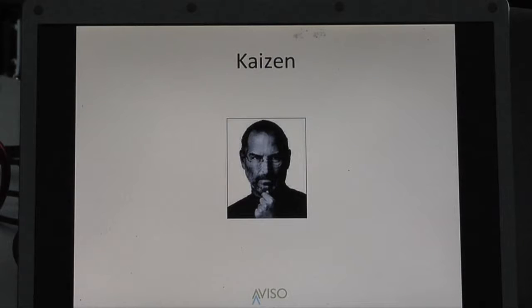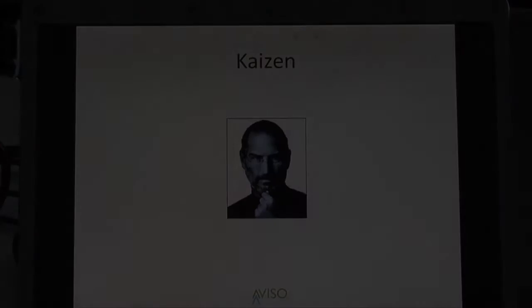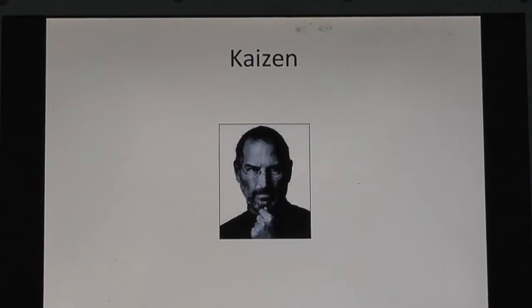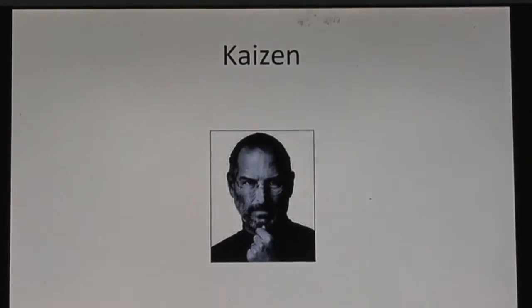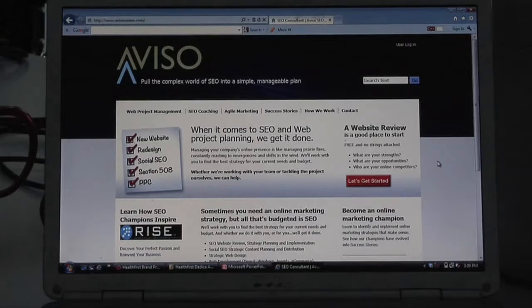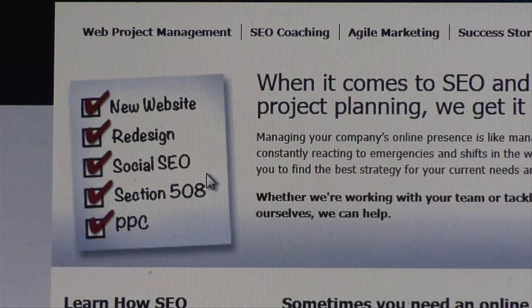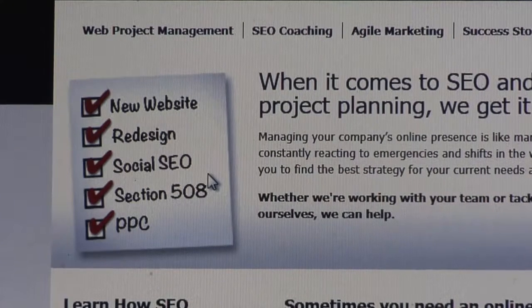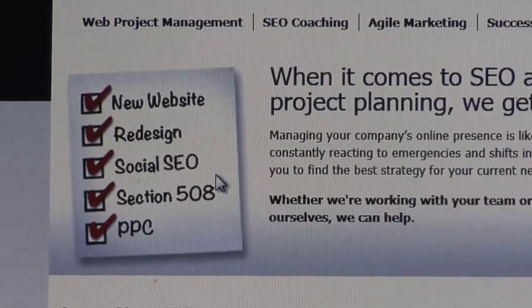The last framework that we normally use in our work, and introduce to our clients as well, is called Kaizen. Kaizen is a Japanese term that means good change. It is part of what's called the Agile Software Project Management methodology. Kaizen are just changes, good changes. And so we took our SWOT analysis and we began a list, a plan. And one by one we have begun to check off the list the good changes that are being driven by